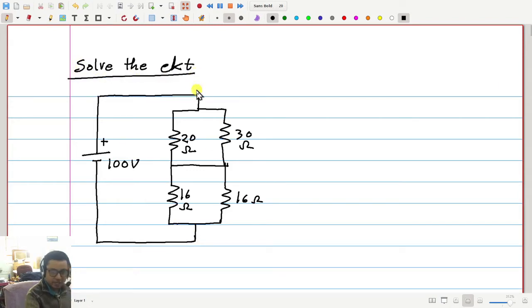Solve this circuit means find out all the currents everywhere. So please have some patience. How much is the current here, here, here, etc.? So how will you solve it? One way is you combine these resistances. If you consider this 20 ohm and this 30 ohm resistance in parallel, then you can get one single